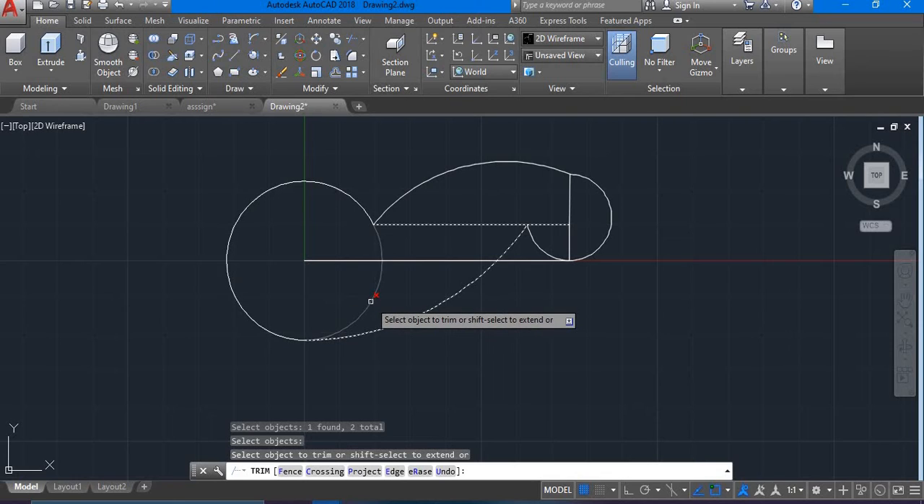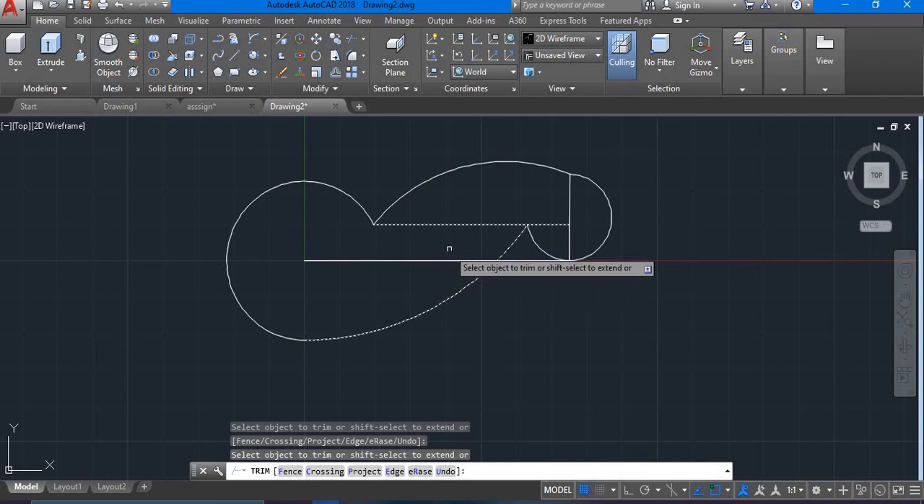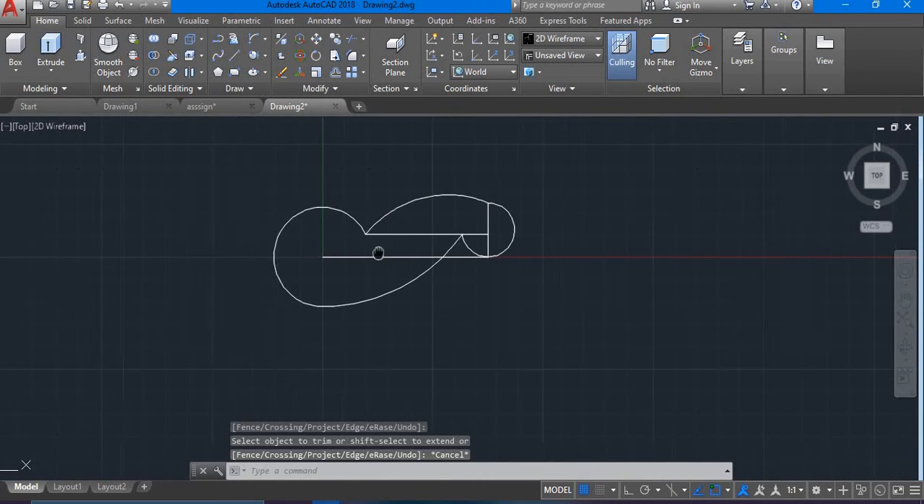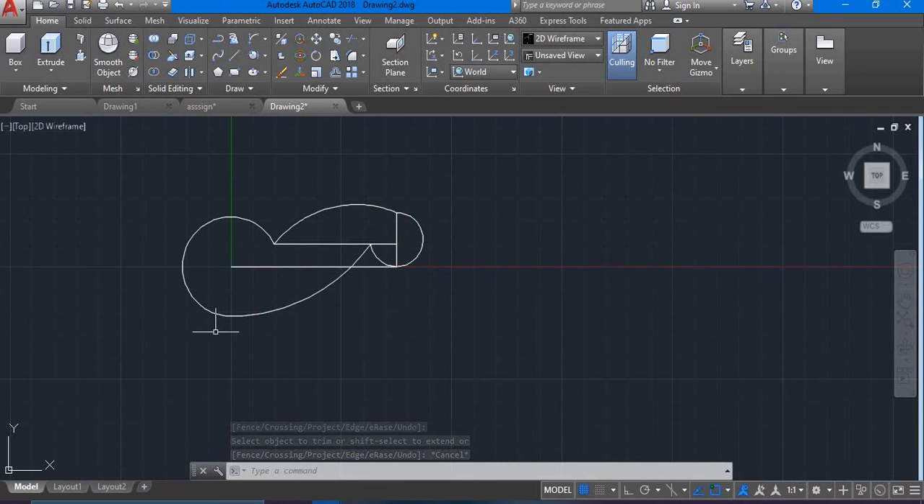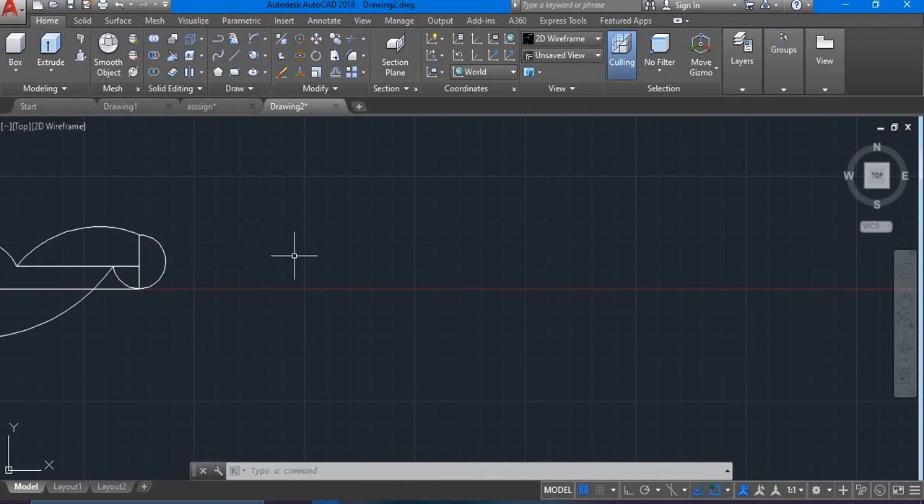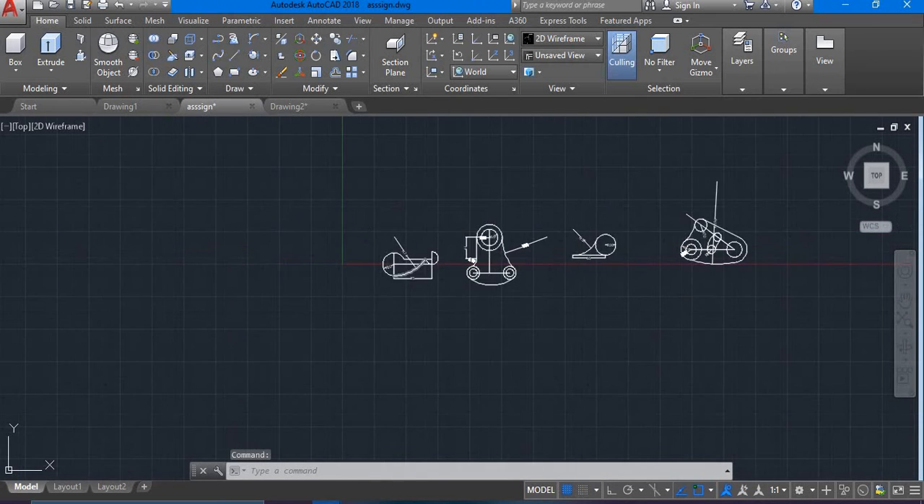enter, left click here, out, and okay, I'm looking at the drawing now, and that will be all. That's all for the diagram one. And for the second one, which is this particular one,